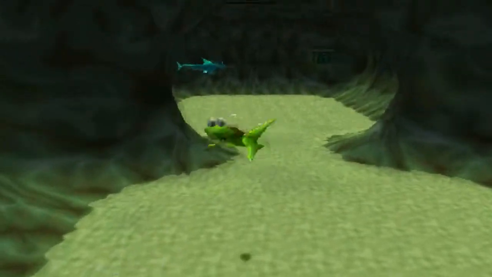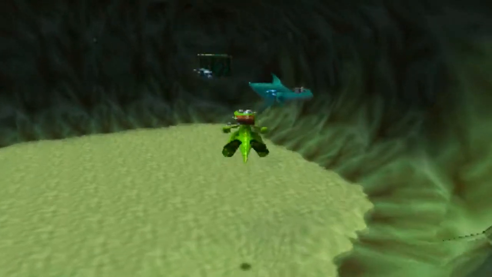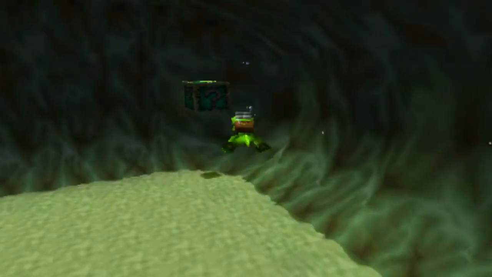So yes, of course, because it's an underwater boss, underwater controls. We've got the hammerhead shark once again. Again, minding his own business, honestly. Just patrols, but doesn't really go after you, so...